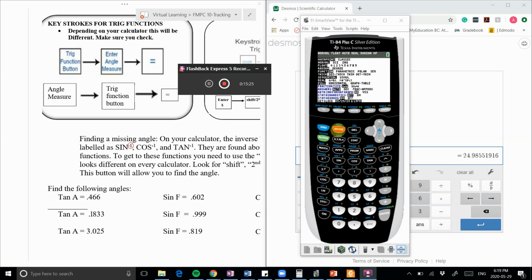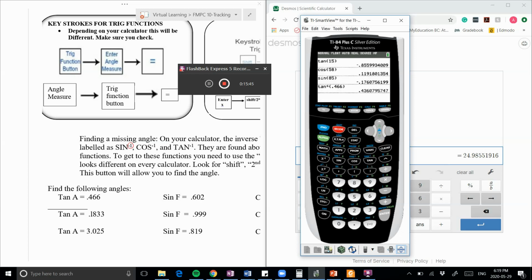Okay, so for this calculator, I had to go to mode, and when I go to mode, notice that it has options, radian and degree. I'm just going to switch that, so we're going to go down to radian and flip that over to degree. Okay, so now,